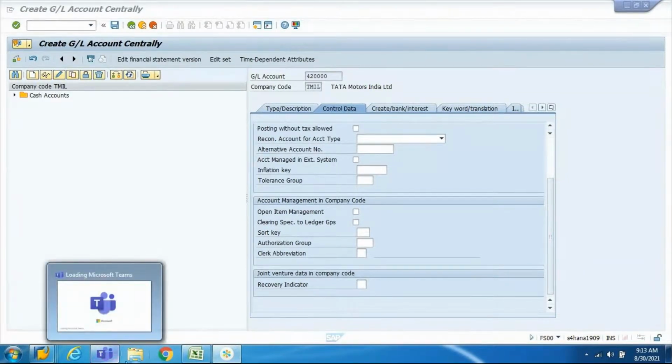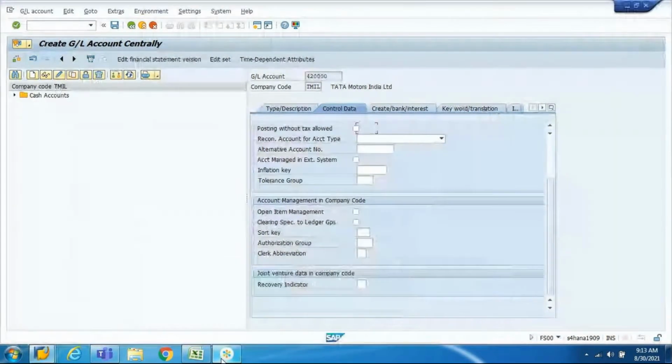The reason is you did not select any primary or secondary cost element GL category. You have selected non-operating expense, which means it is not relevant for CO. It is not relevant for your controlling.